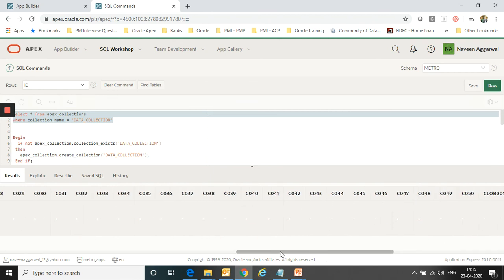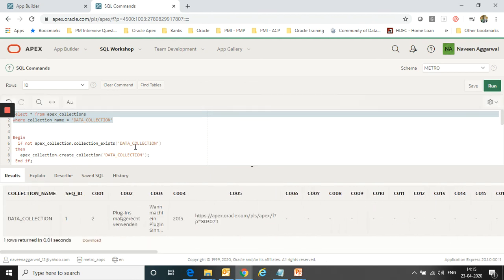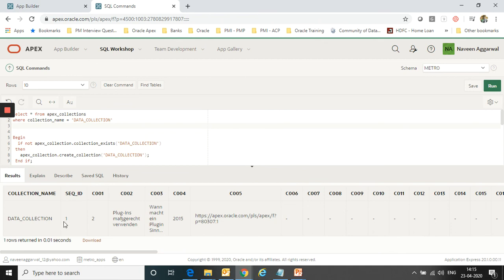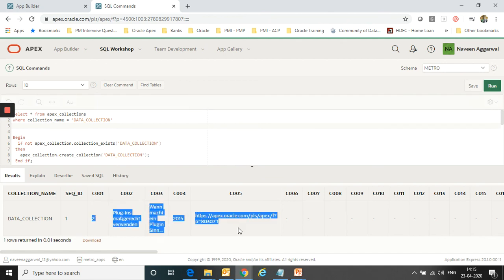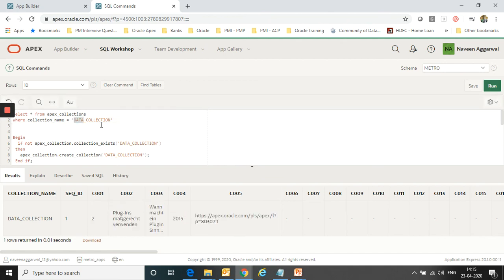So this is the entire structure of an Oracle APEX collection, and we have inserted values only in the first 5 columns. Wherever you use the collection name data_collection, you will get these values. It's up to your requirement how many values you store and in how many columns.